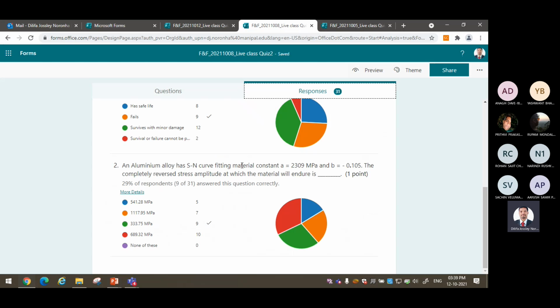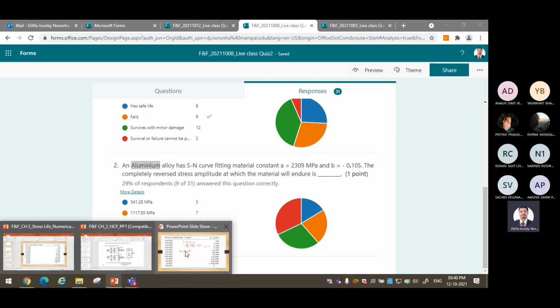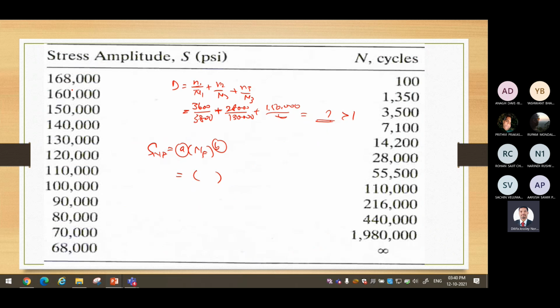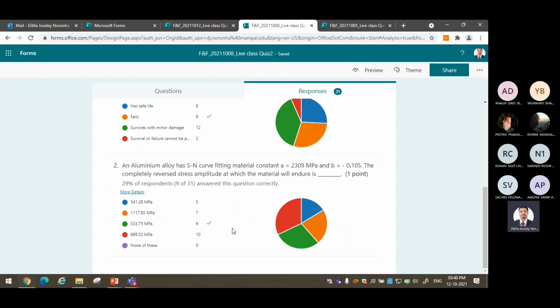You see the statement is straightforward. Instead of quoting a number of cycles, it is said that the material will endure. Material will endure means you have to take the 10 to the power value, so you have to look at the material. Somehow they calculated it, but they took 10 to the power 6. That is why this question was purposefully given. This is not 10 to the power 6. Why? This is aluminum alloy. For aluminum alloy, it is 10 to the power 8. I think that is the mistake most of the people have made. So N_f you have to take depending on the material. For aluminum, you take 10 to the power 8 and determine, and you will get your answer. Those who have got that, that is the right answer.